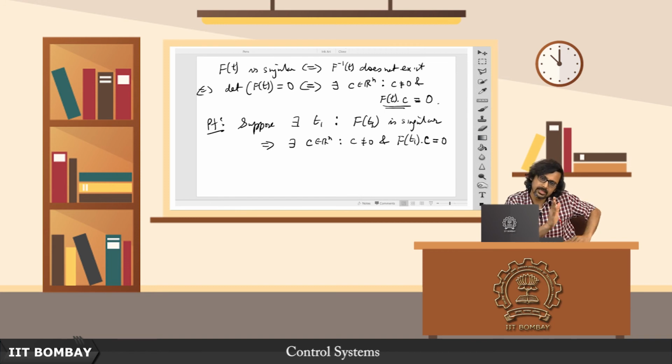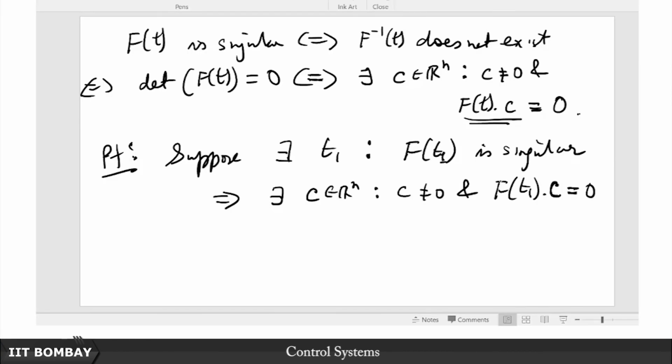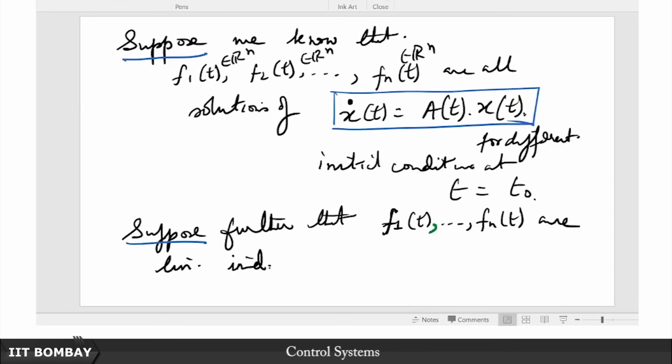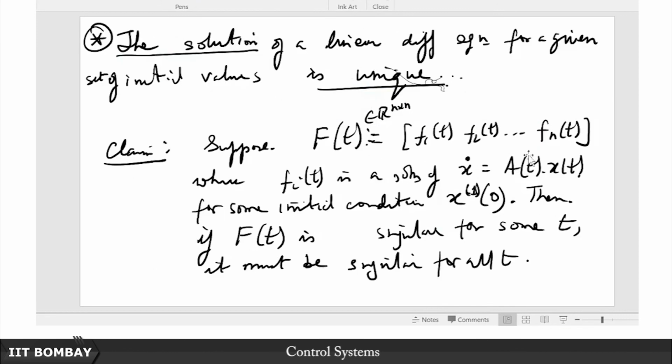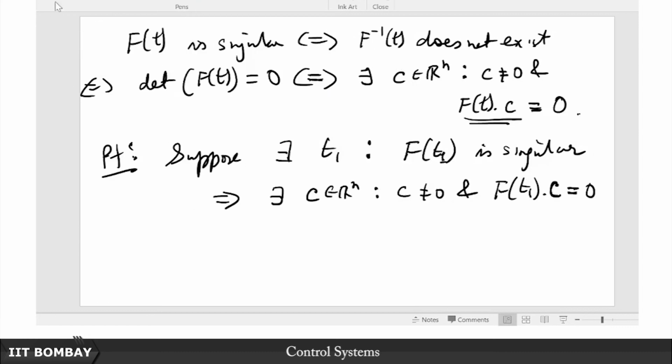Columns of f of T1 are basically n different solutions of the system of equations, that is x dot is equal to Ax. The columns of this matrix F that I have now cooked up are basically solutions. Okay. So now if that is so,